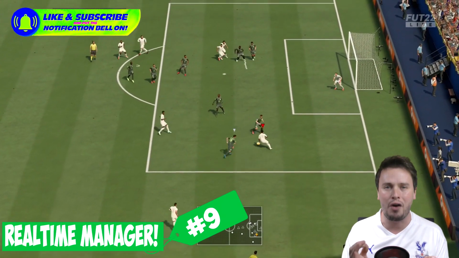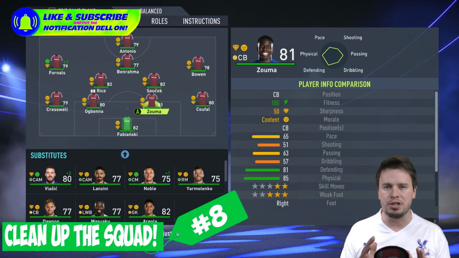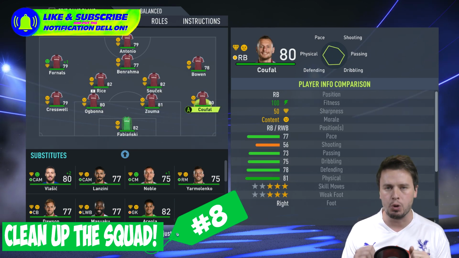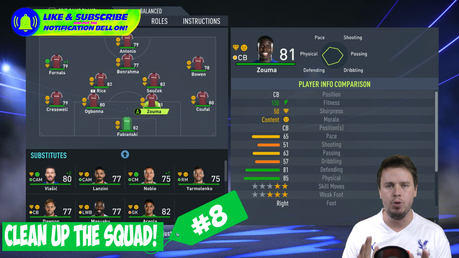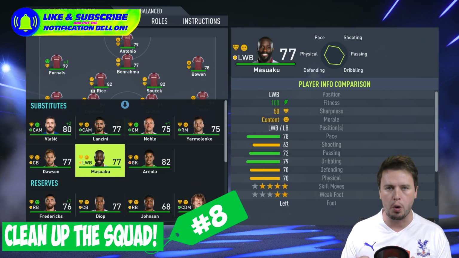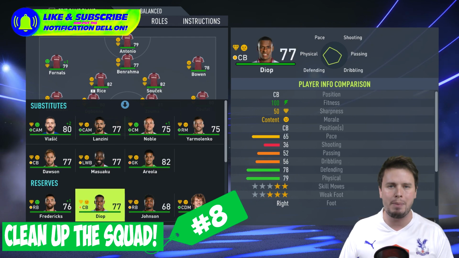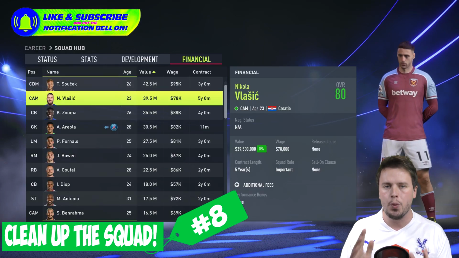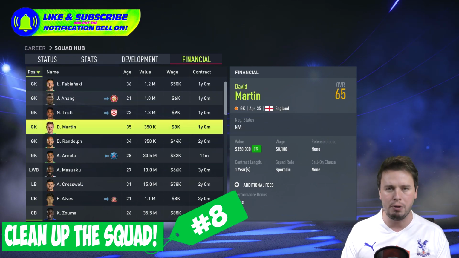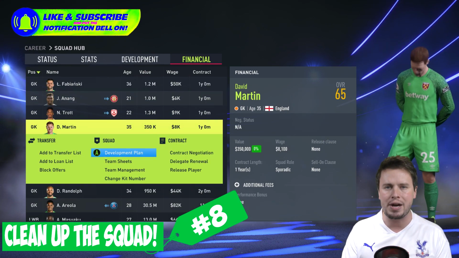At number 8, you're cleaning up the squad and strengthening it with players you actually need. For example, West Ham United have multiple goalkeepers. Do you need them all? Nope. Try to sell as many of them as possible. Only keep 2 goalkeepers. Also do research for the center backs, right backs, left backs, center mids, wingers and the strikers,